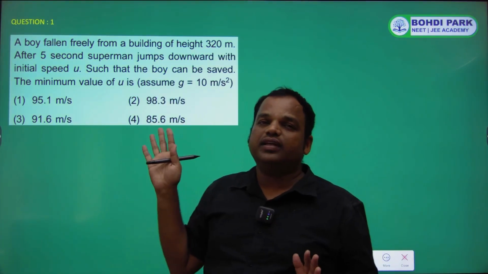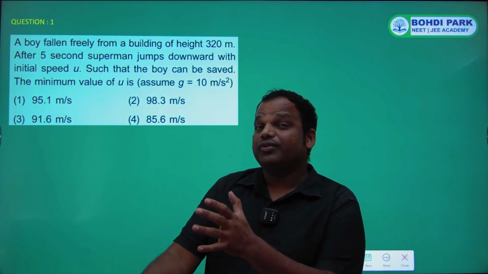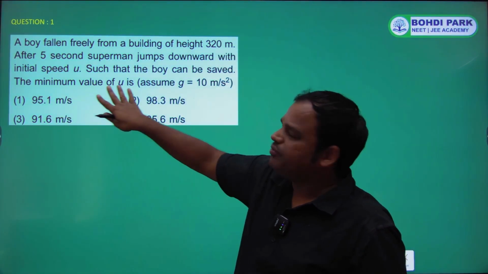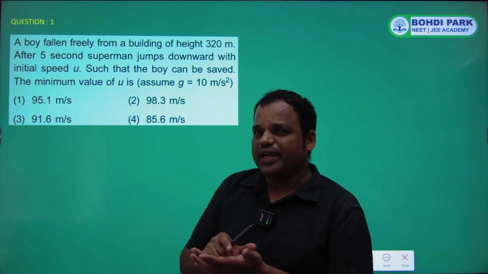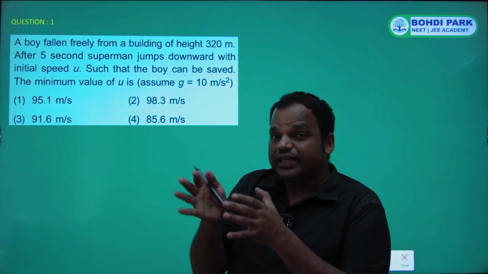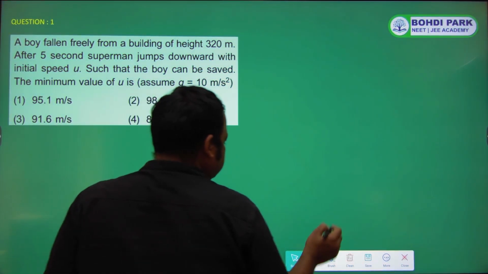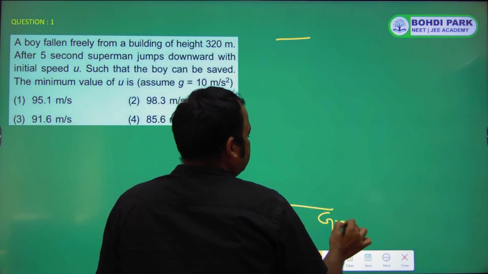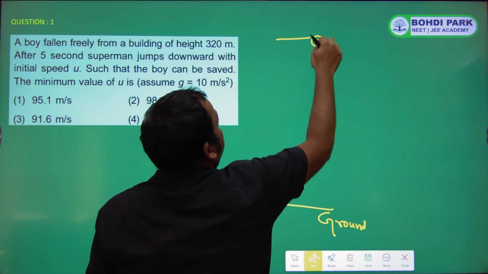So the concept here is the Superman should catch the boy before reaching the ground. So minimum value of u we have to find. So we have to consider the exact moment when the boy is touching the ground, the Superman will catch the boy. Okay, so let's draw the diagram. Suppose this is the ground level and this is the boy. It is falling